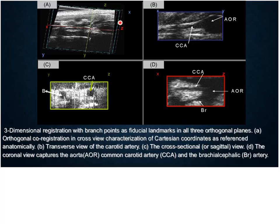Now, these represent all of the different axes that are aligned. So each one of these points A, B, C, and D represent planes through which the ultrasound image voxel was taken. Here you see the representative plane in the complete voxels, a three-dimensional registration of fiducial landmarks. The orthogonal registration and cross view is the characterization of Cartesian coordinate position as referenced anatomically. In channel B, we see an XY plane, and you see the beginning of plaque development here and here. The aorta is identified here, branch point here. The same image, just by manipulation of the voxel, no extra imaging, just by changing the rotation of the crosshairs in the voxel, you can see the YZ plane,